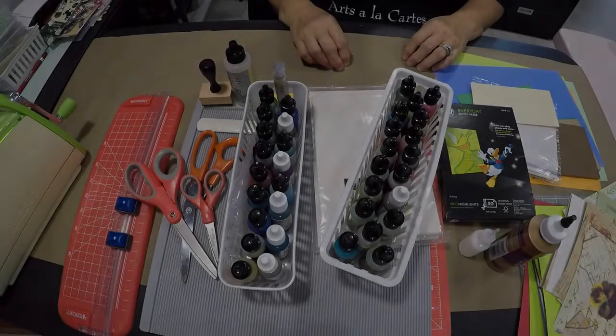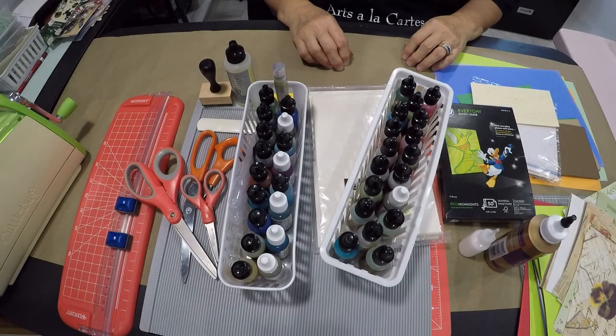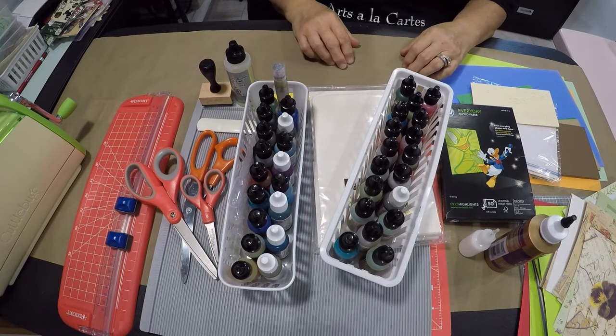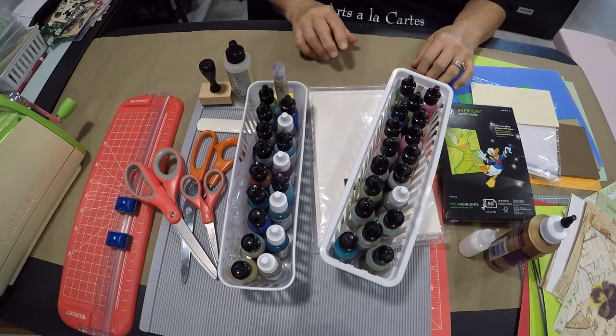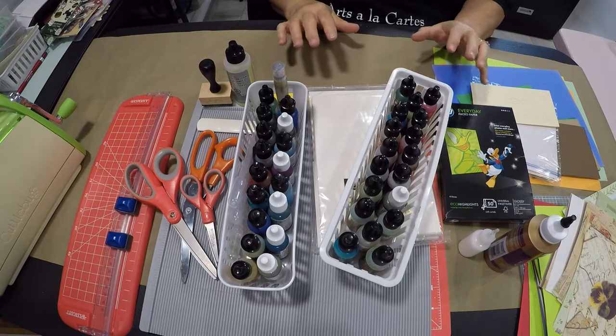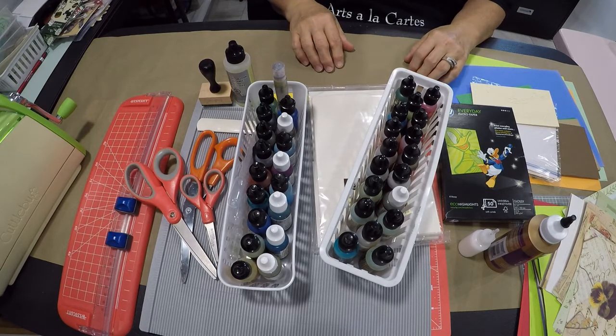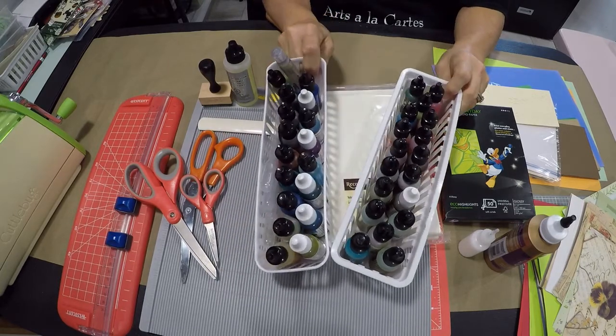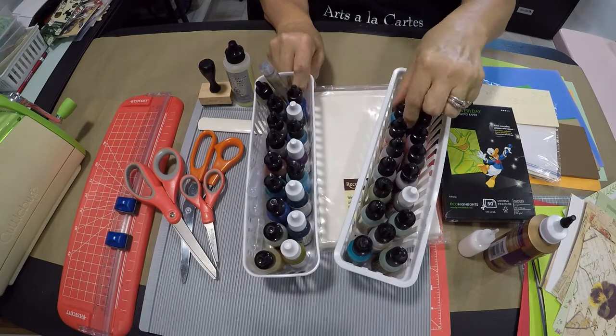Okay, so we've accepted a 100 card challenge. So what does that mean? Whenever I undertake a large project, I like to break it down into chunks or phases. So with trying to accomplish 100 cards in 5 days, basically I'll start with the bases. What you'll need for today's phase for our group cards will be, I'm going to show you how I use alcohol inks to create